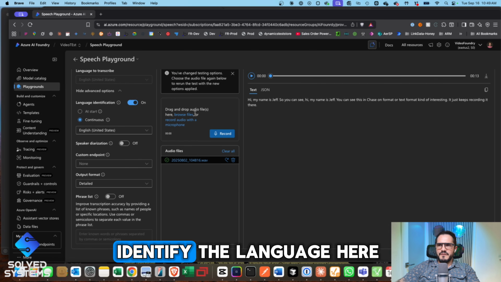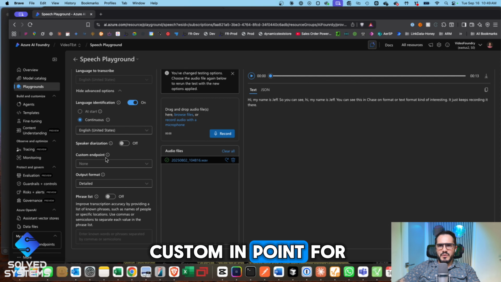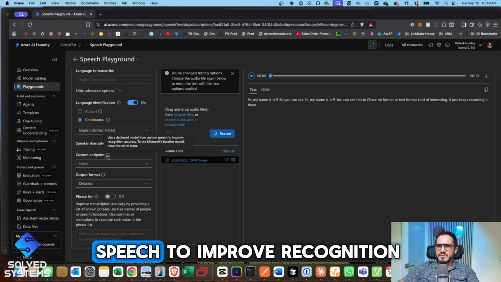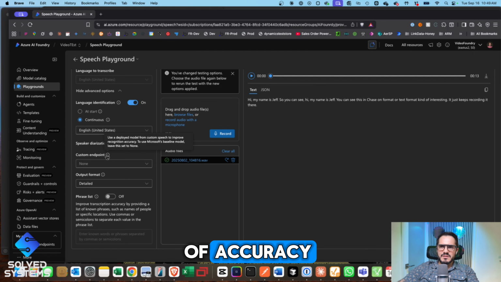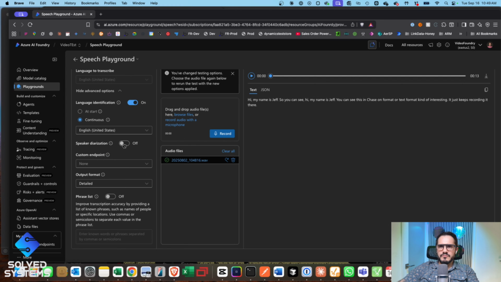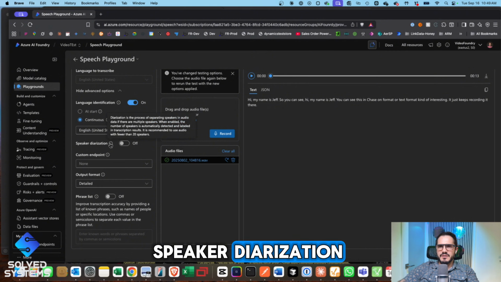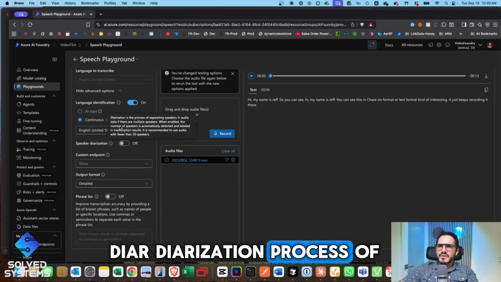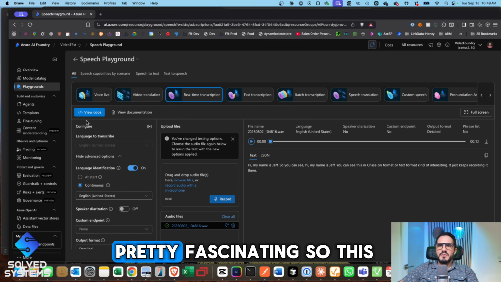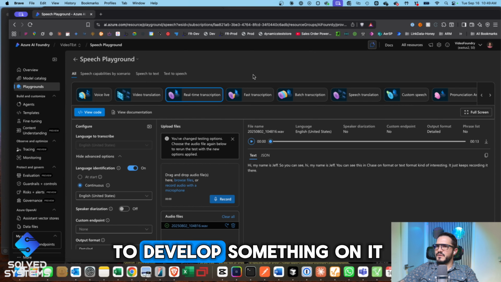And so you can identify the language here. You can use a custom endpoint for a deployed model from custom speech to improve recognition accuracy. So you can have a custom endpoint there. Let's see what else. Speaker diarization. Process of separating speakers in audio and data if there are multiple speakers. Pretty fascinating. So this is the speech playground,